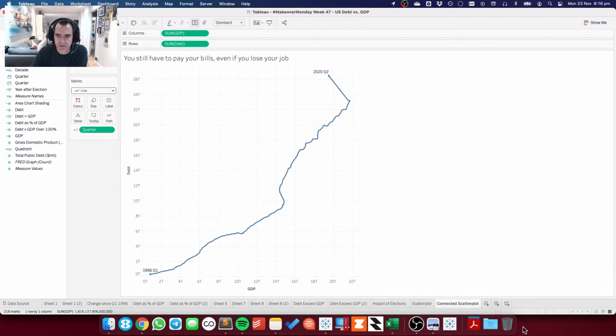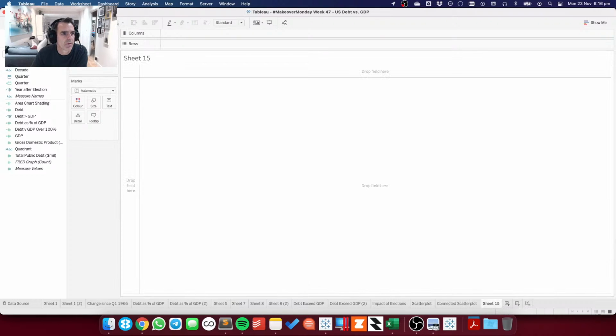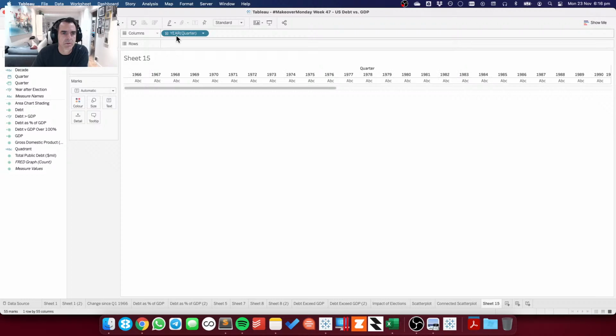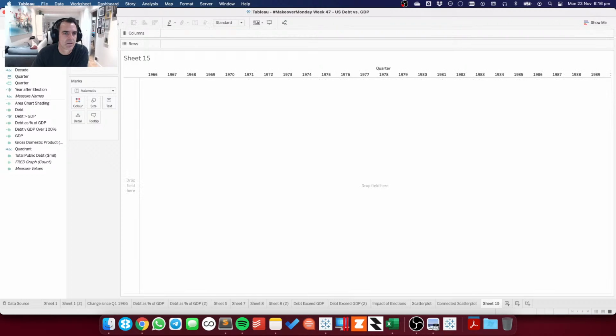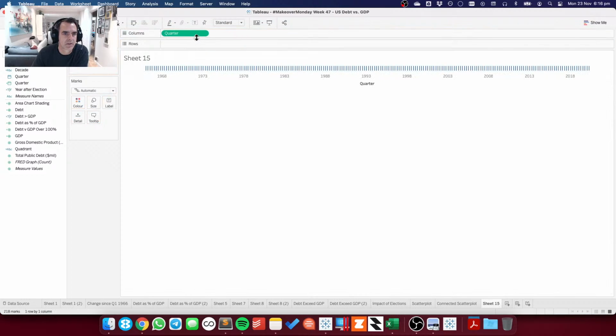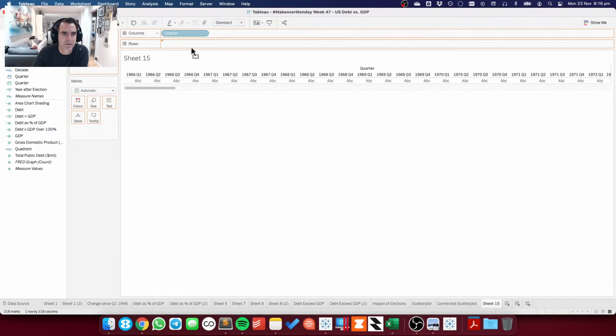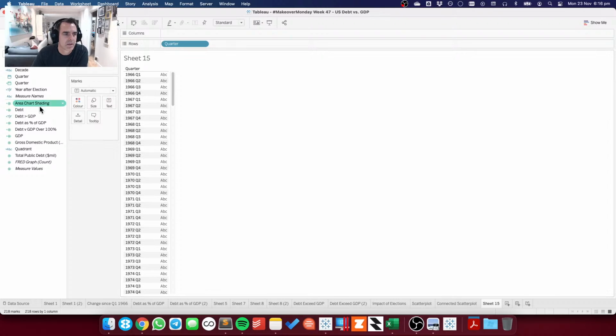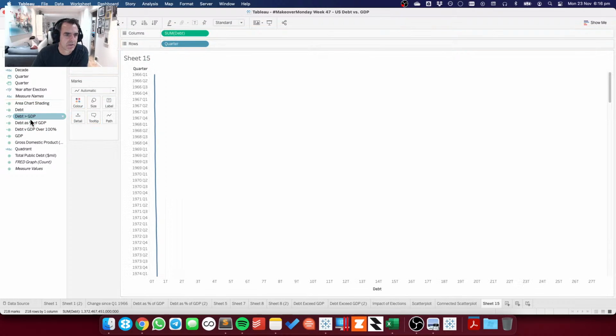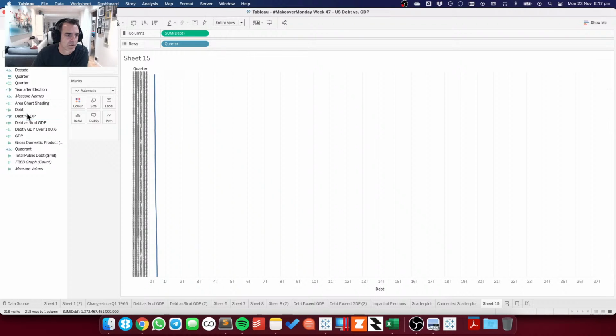So that's our connected scatter plot. Another idea I just had was, let's put quarter here and make it discrete and put it here. Okay, so we got that going down. I could put my debt to one side and let me make it fit entire view.